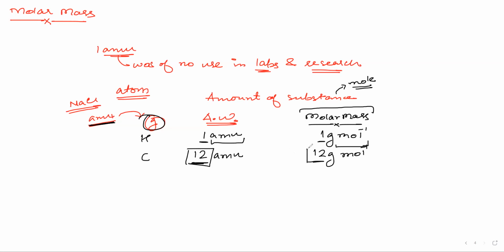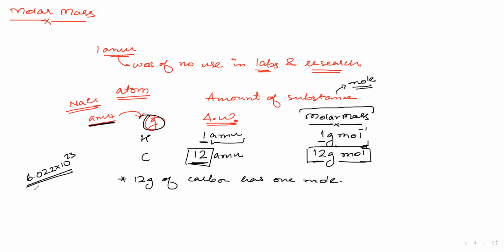So first of all, what happened? They said that, okay, fine, 12 gram of carbon has 1 mole. Okay. Now, when this sentence was formulated, they had no idea about this number 6.022 into 10 to the power 23. Okay. They first started with 12 gram. Now, the 12 gram of carbon, let us say this much, this is 12 gram of carbon atoms. This whole bulk of carbon atoms is 12 gram. Now, they used a technique which is known as X-ray diffraction.